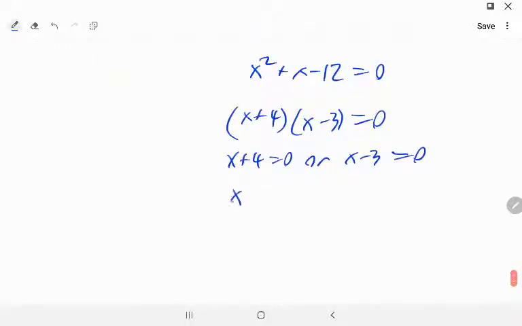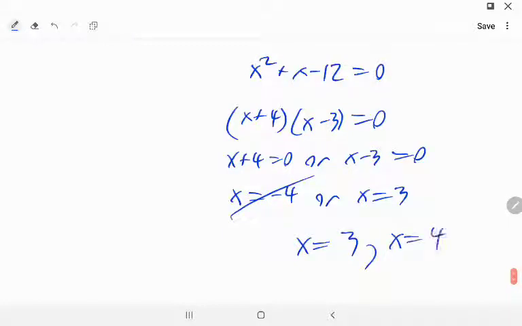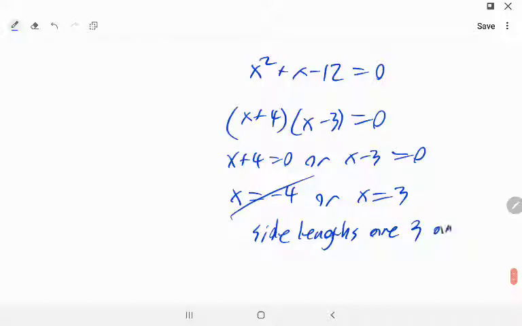And so x is negative 4, or x equals 3. And again, we'll discard the negative value, and so we know x equals 3, and the other side length has to be 4. So side lengths are 3 and